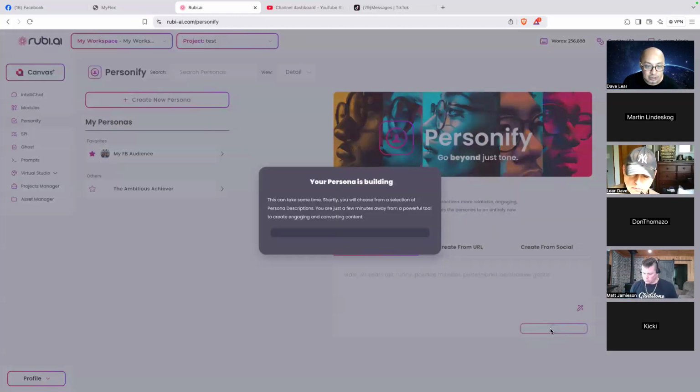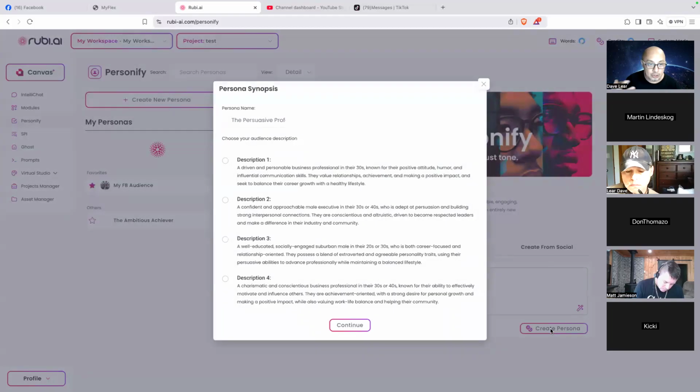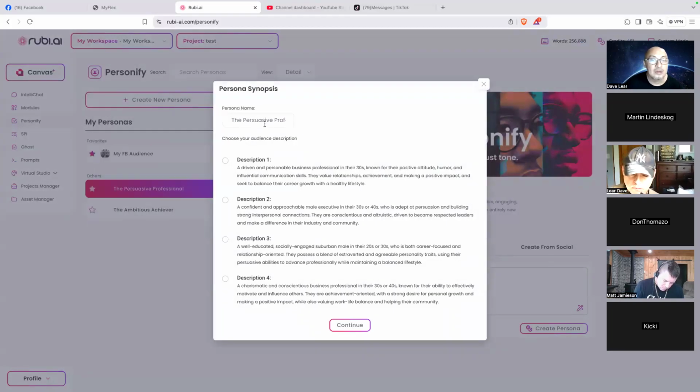So your persona is building. You can even put in a picture on that, so at least there's an icon when choosing the persona. The chatbot will adapt to this persona every time you use your chatbot. So now he's suggesting the persona name is the persuasive professional, because I put in persuasive and professional.